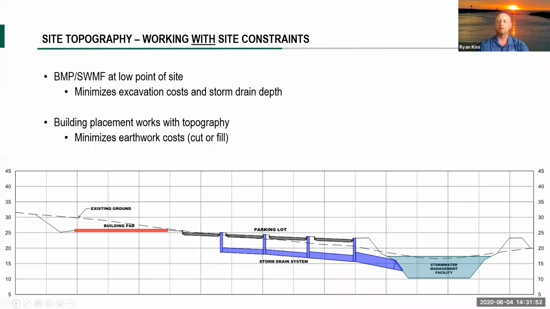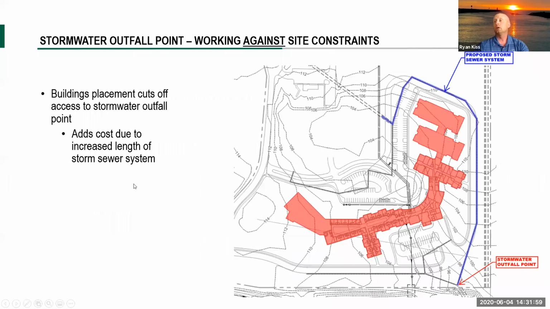So that's site topography. It's definitely a big one. It's one of the biggest ones for us to consider. The next constraint that he had mentioned and that we want to talk about is that stormwater outfall point. Once again, you have a point or maybe multiple points along your site where stormwater needs to go to and is going to drain to. By just a simple identification of where that is up front, it may start to influence how you place the components of your site. We received this layout from an architect, and again, if this building faces the road,